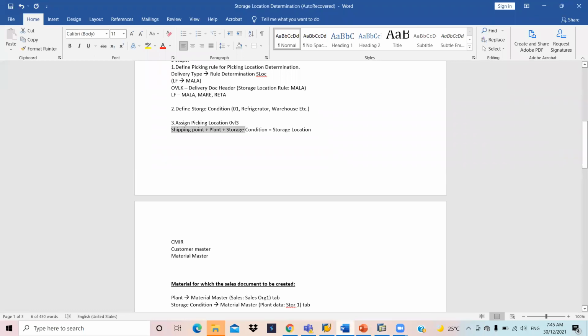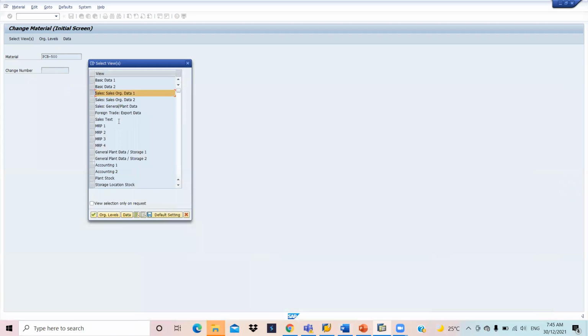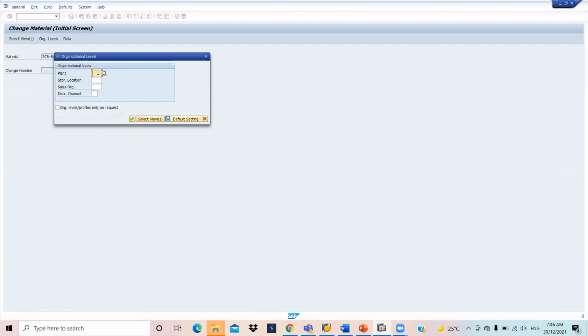Sales org 1 tab and plant data storage 1. My plant is JBP1. My storage location is JBSL. My sales org is JBSA. My distribution channel is JD.